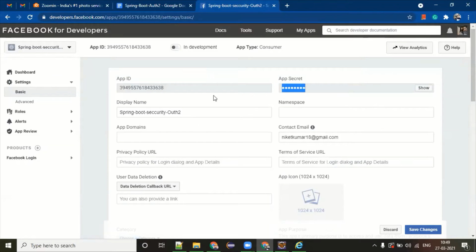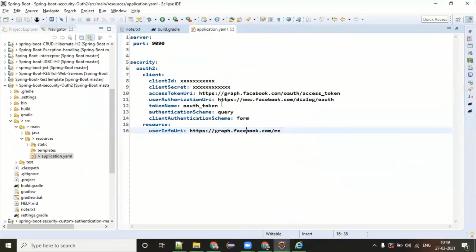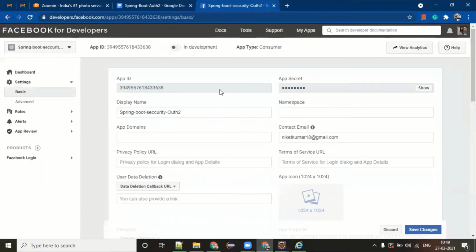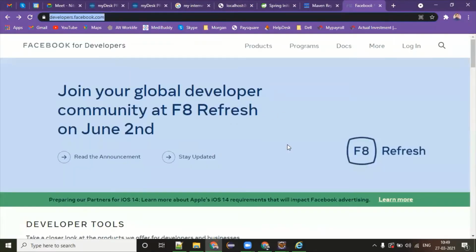These two things you need for your application. Whatever application name you want to display will automatically come when you click on that. These are the two things I have to update inside my application. Okay, so let me copy this app ID.